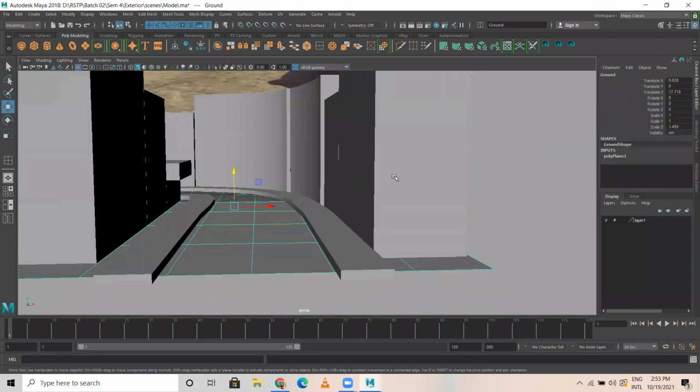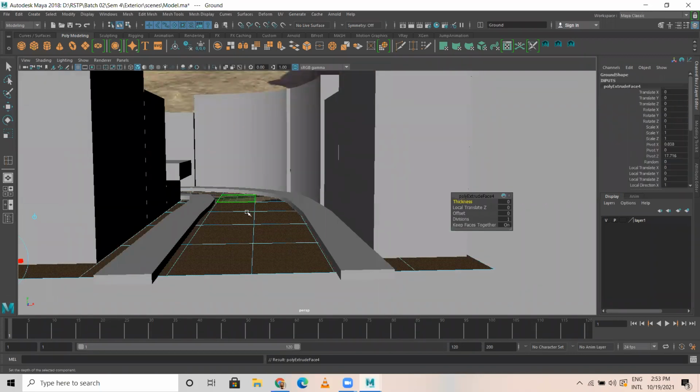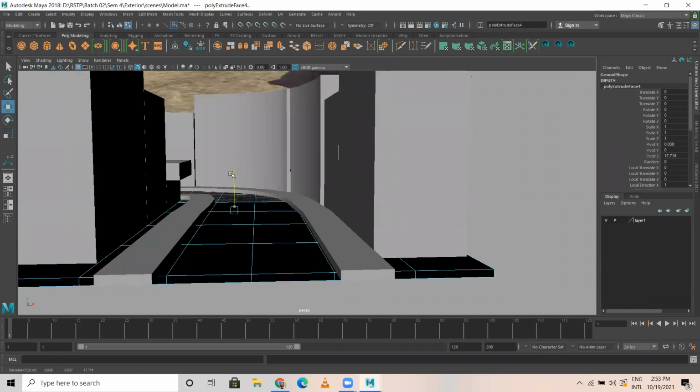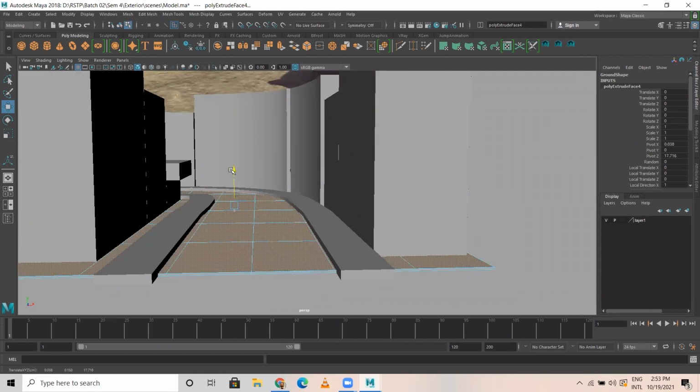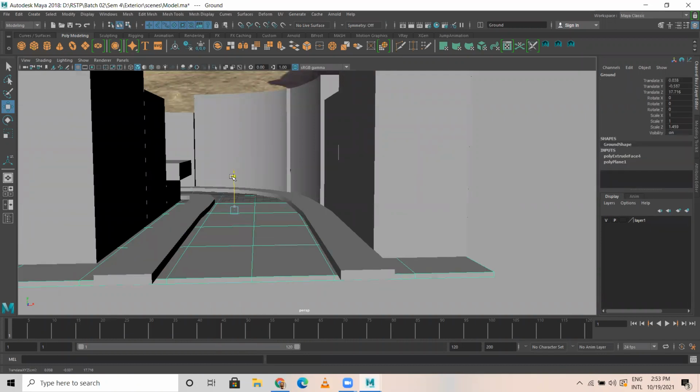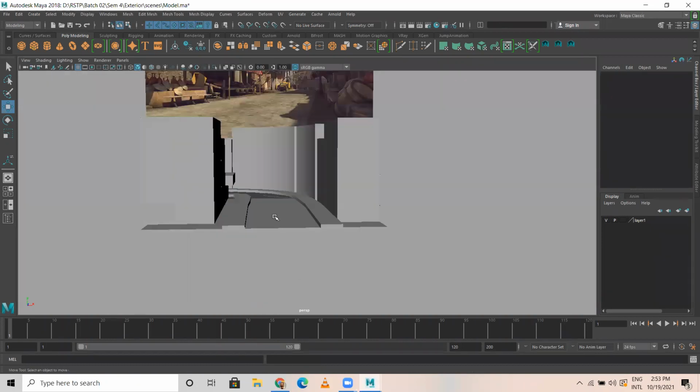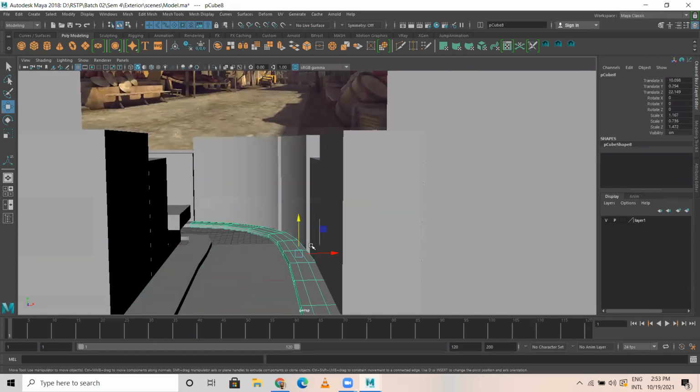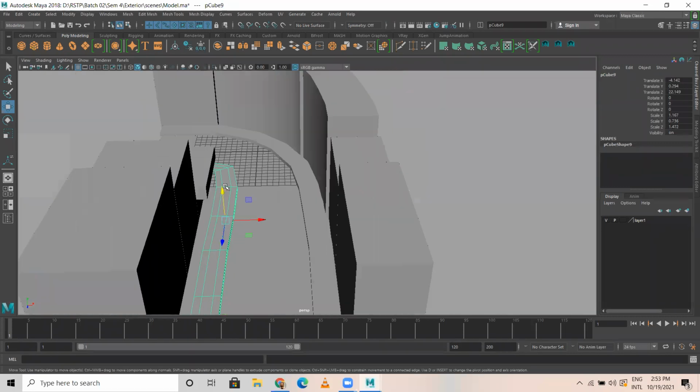And the ground, what I'm going to do is, I would like to extrude the ground, give thickness a bit. Okay, a bit of thickness to this. It's done. So this is the ground. This is footpath. You need to mention this is a footpath.